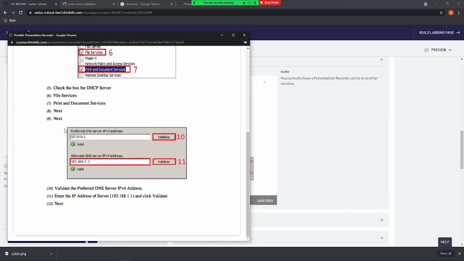And then there's an option here in which you need to input your DNS server IP address. So for the preferred DNS, we will use the local address, which is 127.0.0.1, and then you can validate it. So there's an icon here. Once you click validate, when it's validated, there's a green check. But once the IP address is invalid, there is an error message here. And then for the alternate address, we'll be using the address of our server, which is